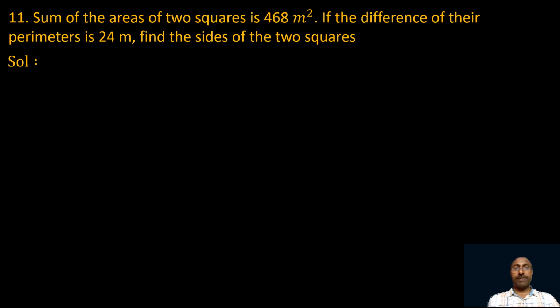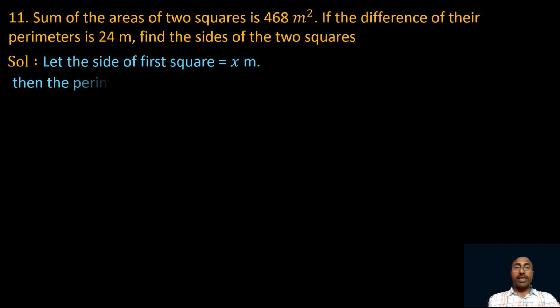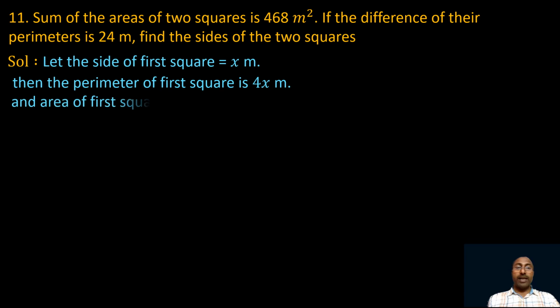the two squares. Okay, so let the side of the first square be x meters. Then its perimeter is, we know that the perimeter is equal to 4 into side, that is 4 into x, 4x meters, and area of the first square is side into side, that is x into x, x square meters,